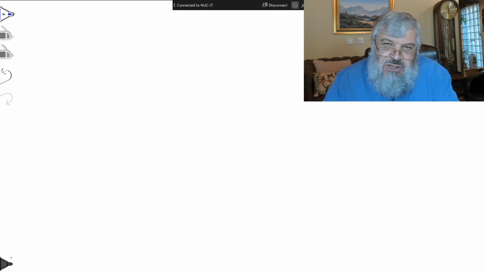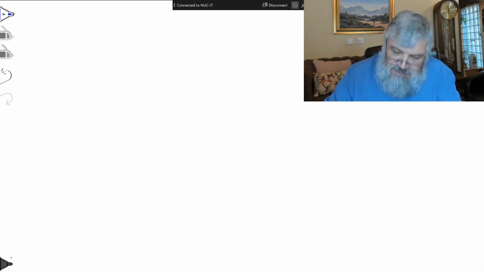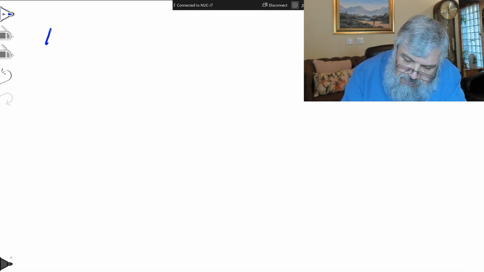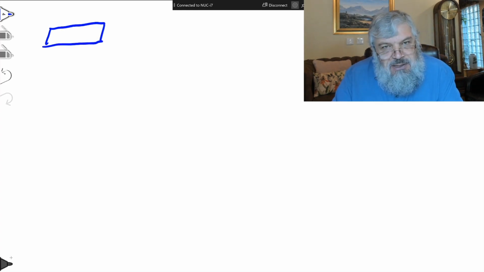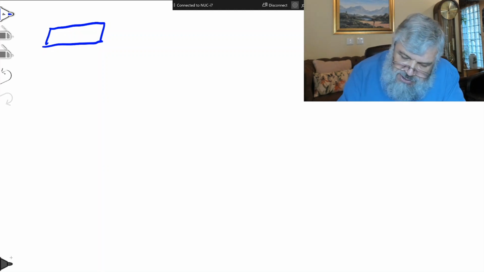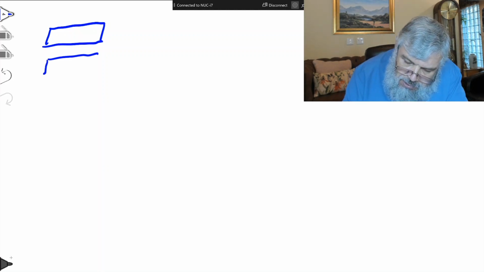Let's start our discussion of IP version 6 by looking at IP version 6 addresses. Just to provide some context, recall that an IP version 4 address consisted of 32 bits. So if we were to draw it to scale, then let's say that represents a 32-bit value. An IP version 6 address consists of 128 bits, so it is 4 times as long as an IP version 4 address, so it will look like this.